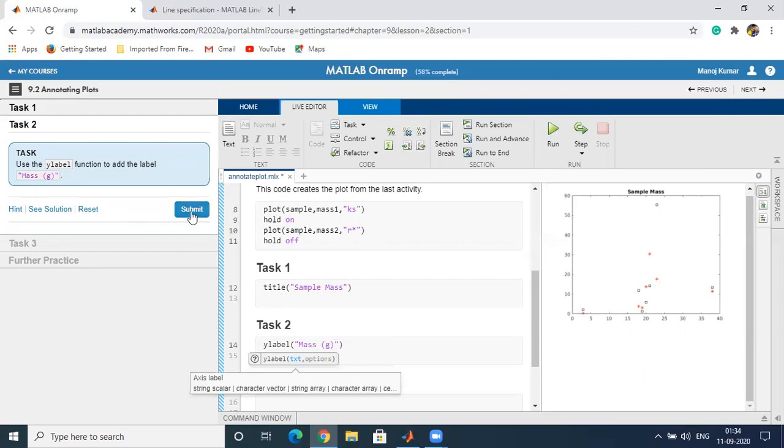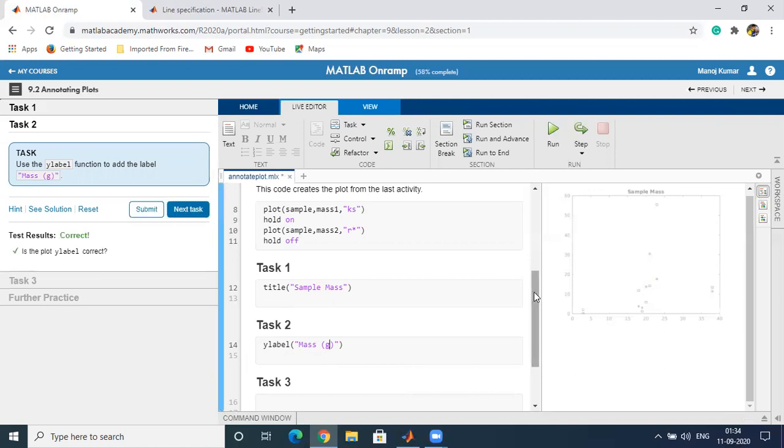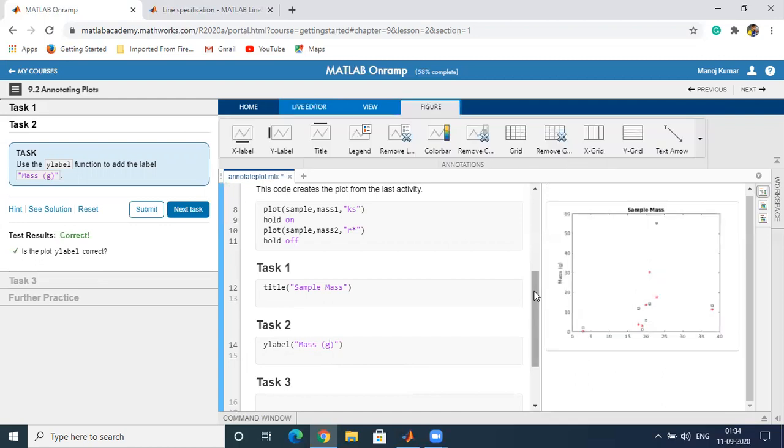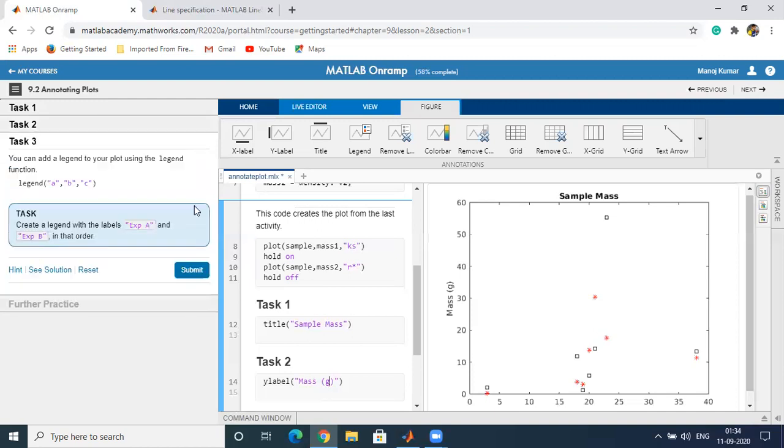Now it will appear on the y-axis. You can see mass has appeared on the y-axis, and sample appeared in the center of the top of the figure. Now we can also label the x-axis by using the command xlabel.